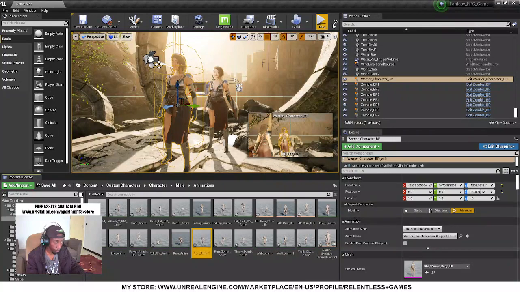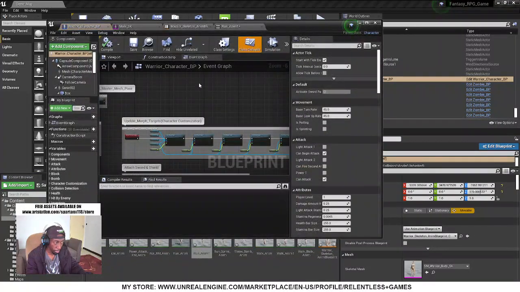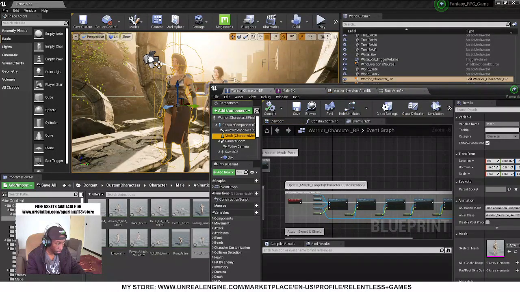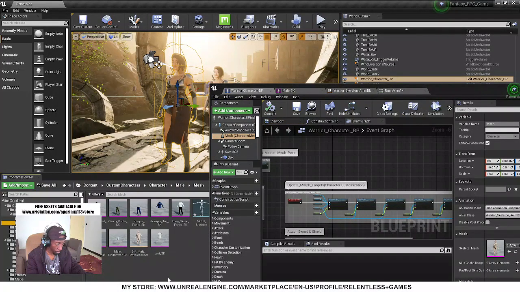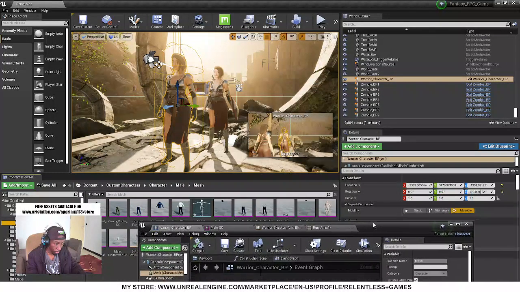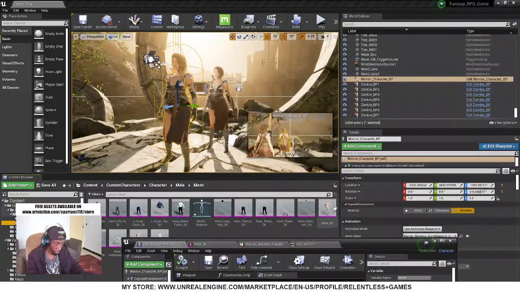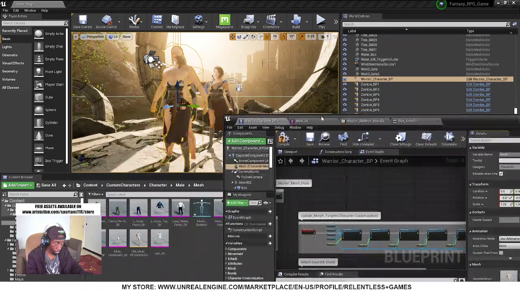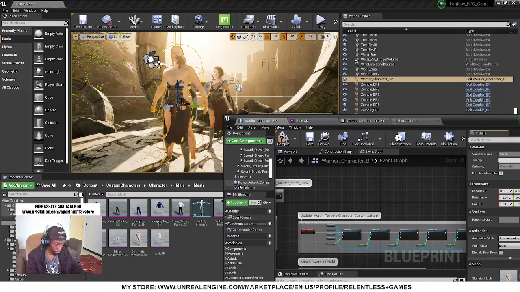I'm gonna fix it in Maya, but before we do anything else, I'm gonna replace the female character in this character blueprint with the male character. I'm gonna go to the mesh for the male character, and I'm gonna replace the main mesh with the male SK. Okay, so now it's got a male character there,